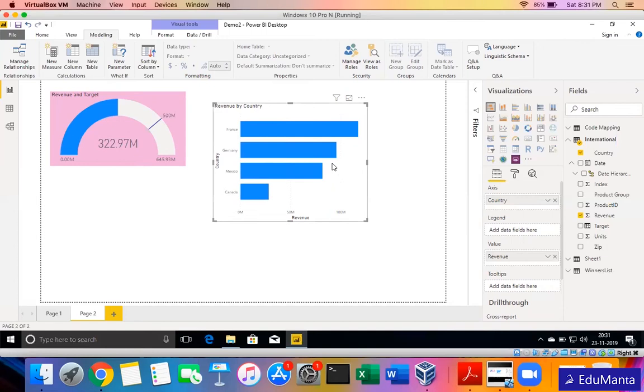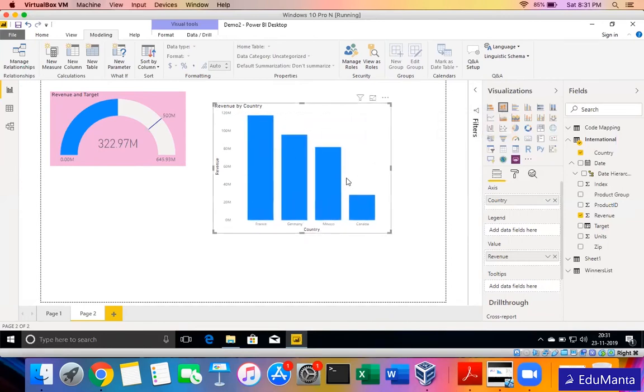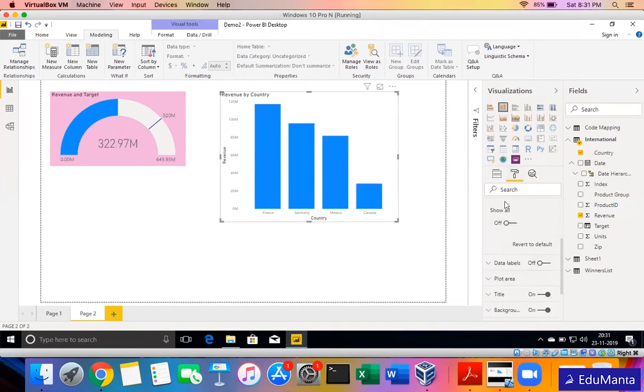Now, after some time, I feel, okay, I needed not a bar chart, but a column chart. Again, the same thing. You can just select the column chart, and it will change it this way. Now, these are all coming in the same color by default. This is how it takes. I can change the color. Go to the data colors section. Default color is this. I can change it to a different shade.